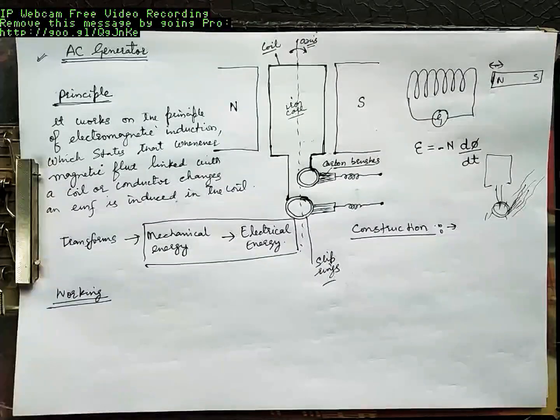In Kashmir, we have hydropower plants because of the availability of water over here. But in other states of India like Jharkhand, Orissa, in Delhi, they mostly have thermal power plants. And by thermal power plants, I mean where you convert energy from the fossil fuels into steam, then use that steam to rotate the coil inside the generator. Fine.